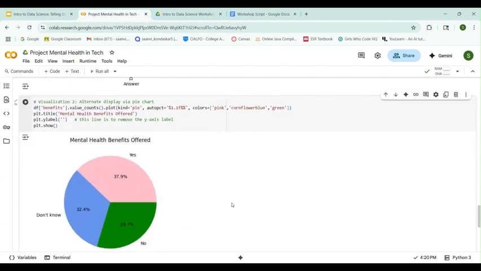So this chart conveys the same information as the previous bar graph, though it is up to you to decide which visual you prefer. With data visualization, it is also important to make visuals as clear to viewers as possible. We can try to improve this visualization, not only by using different graphs, but also through strategic color use. Here, let's replace the pink with green for yes. We'll replace the green for no with red for no, and we'll replace the blue for don't know with gray. Let's run it again.